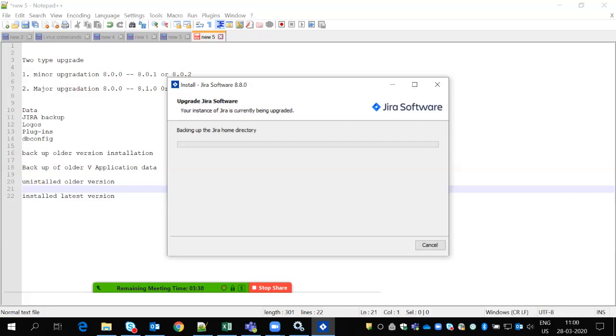I will send you this complete documentation that I prepared, so through that you can follow each step. And this is a very, very important question when you attend interviews. If you attend 10 interviews, in at least 9 of them they'll ask these questions: are you good with upgrades?